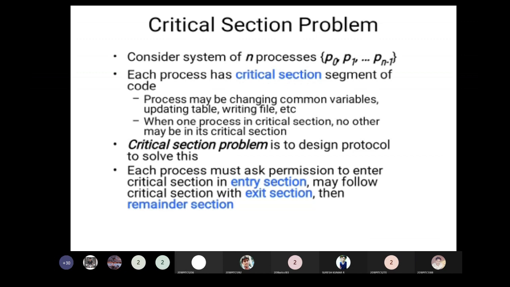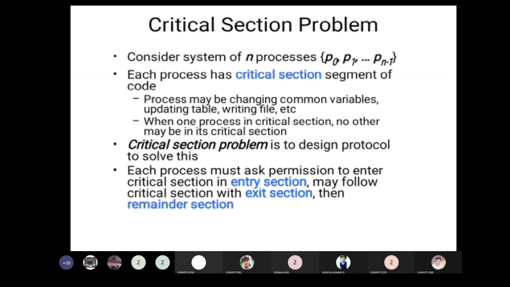Each process has a critical section, a segment of code. So assume every process has a code segment called the critical section. What will be available in the critical section? The process may be changing common variables, updating a table, writing files. These kinds of data will be put in the critical section by every process. When one process is in the critical section, no other process will be allowed to execute in its critical section.